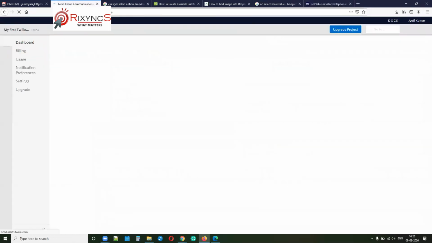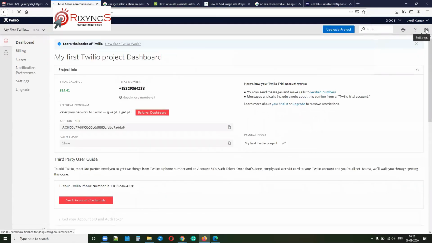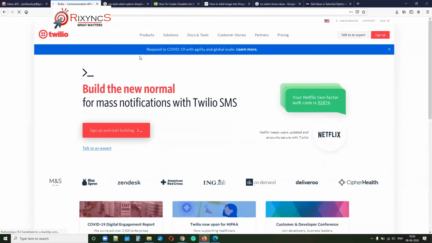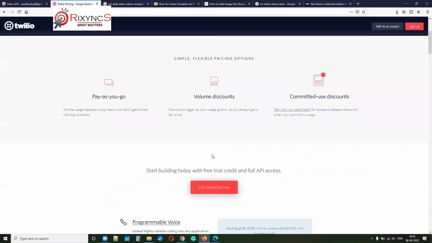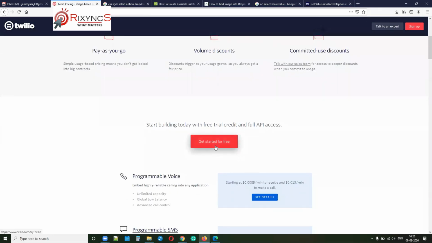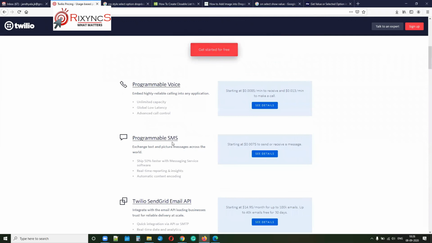Here, Twilio Cloud Communication. I'm logging out so that I can show you the pricing. The pricing for WhatsApp is here, and you can see get started for free. Programmable SMS is 0.075.